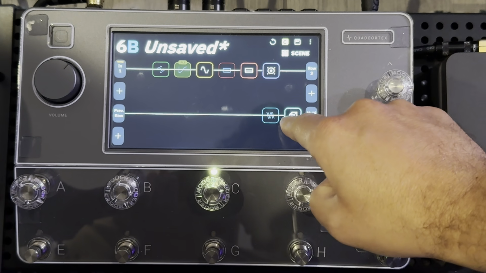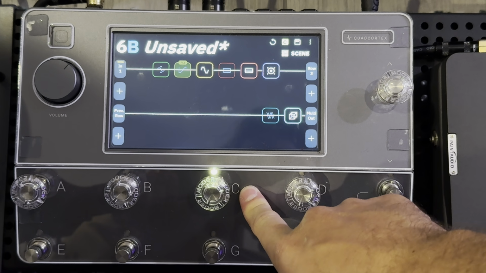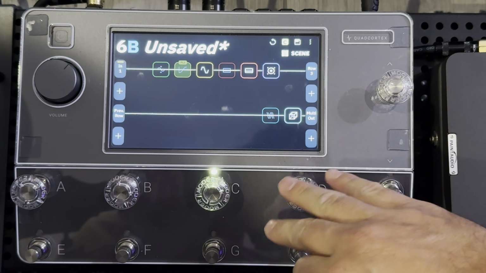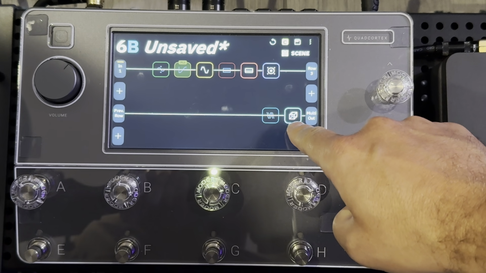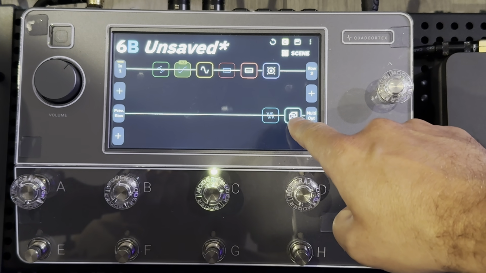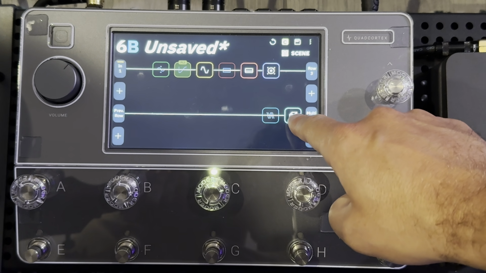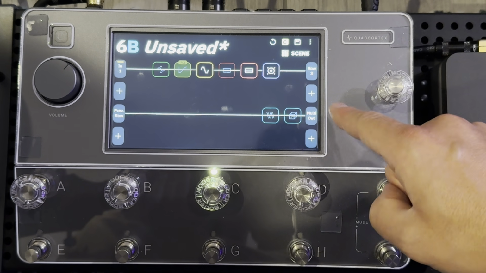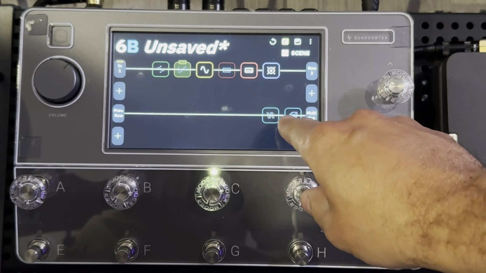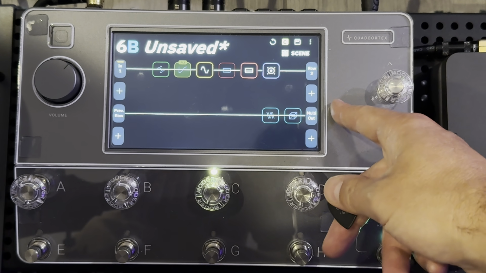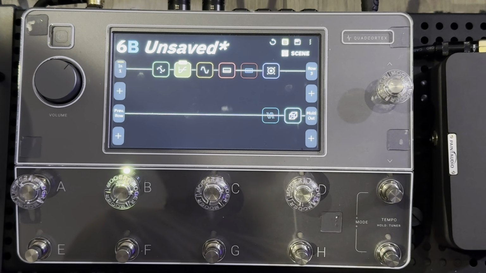Okay. Now, see, I don't want the reverb on scene C. I'd rather just have like a nice distortion sound with no effects. And you know what's funny is because we have the reverb on and off assigned to a scene already, I don't technically even have to go into the menu of the effect. I could just turn it off here, and the Quad Cortex will save that state because you have the on and off of that effect assigned to the scene already. So if I go to B, which we had assigned to already,